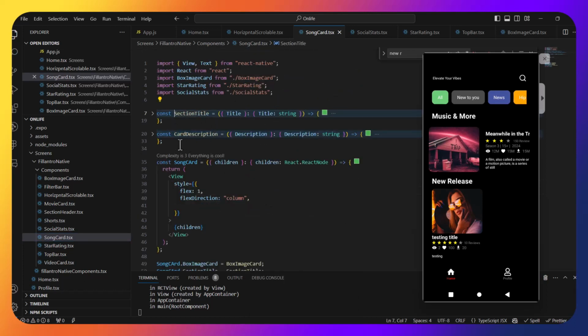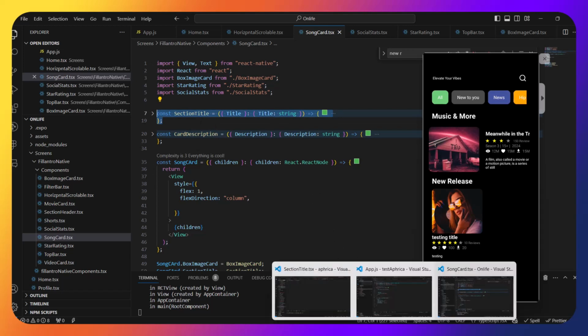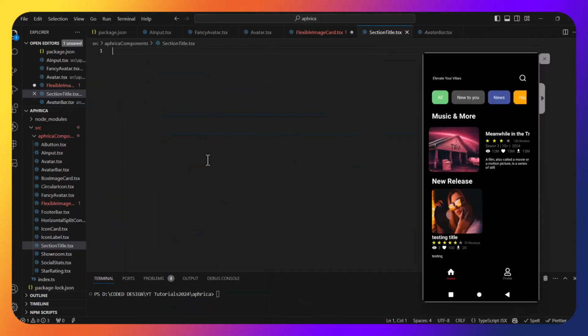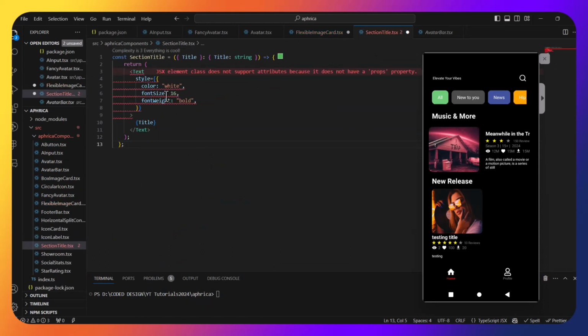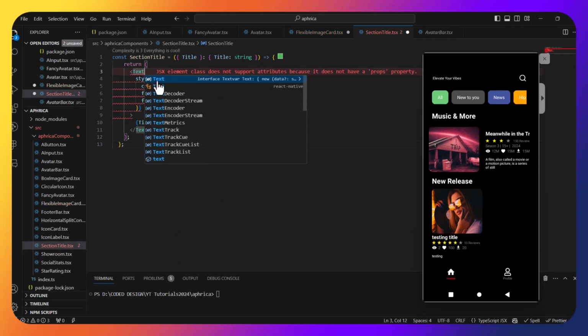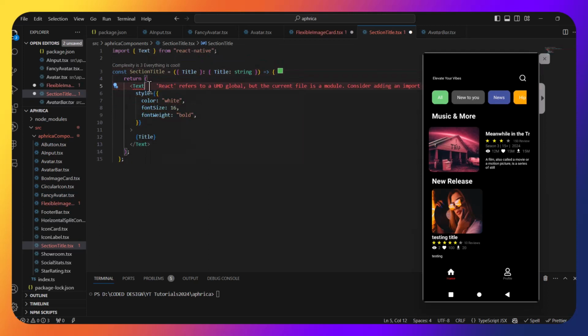I think even the card description. Okay, let me copy this, and let me put it here. As you can see, let's import this. Correct reference. This problem always happens sometimes, and to be honest, I don't know why. Sometimes when you are importing things, it will tell me about this, but this is not much of a problem